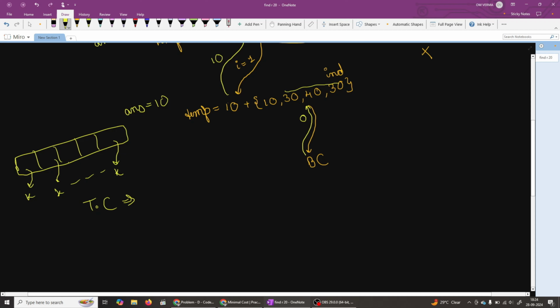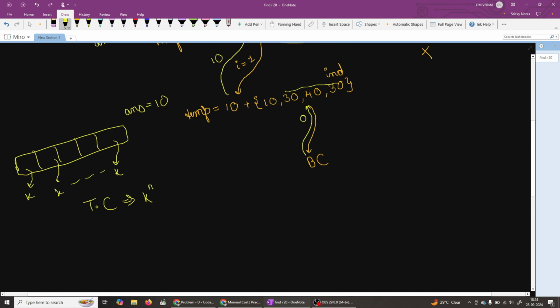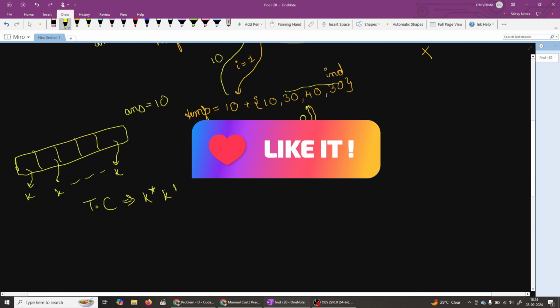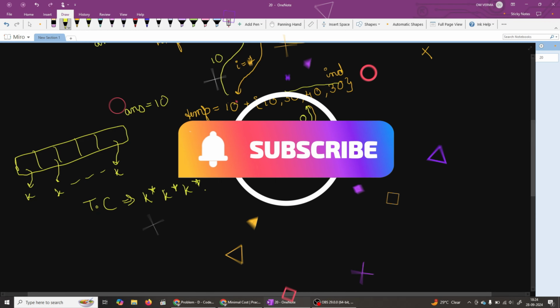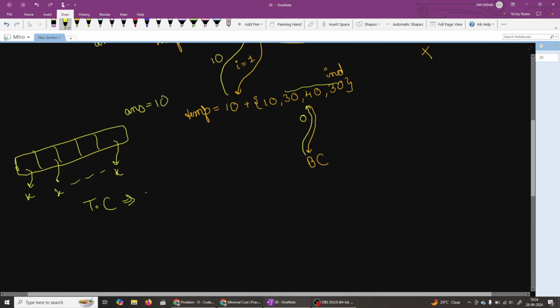Let's say our array contains n integers, then what will be the time complexity? K to the power n. If I simplify it, k into k into k, n times, so it will be equal to k to the power n, and our space complexity will be equal to big O of